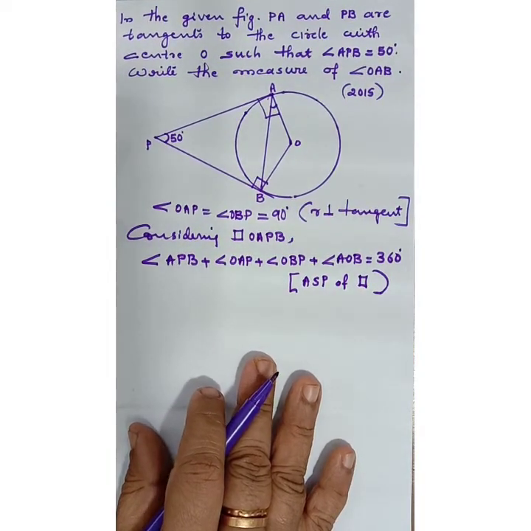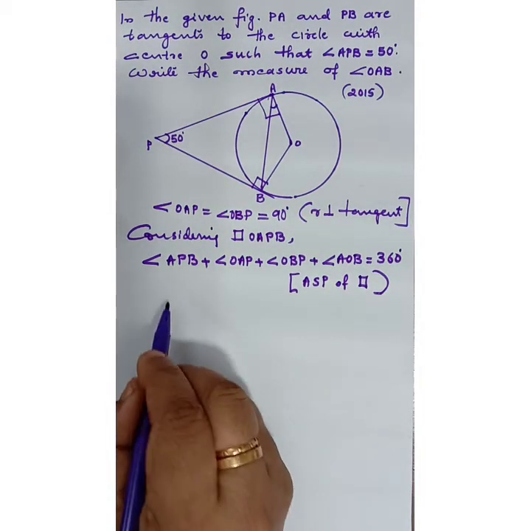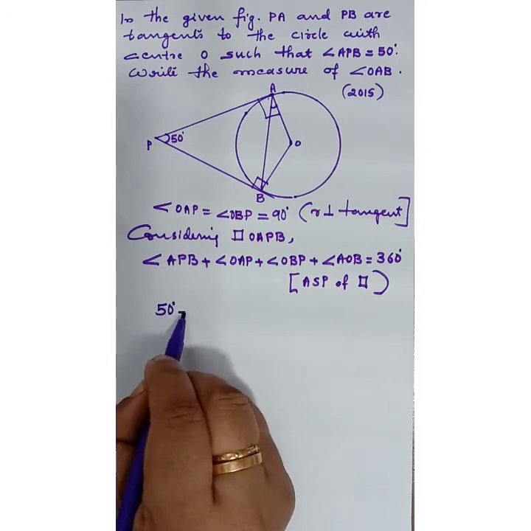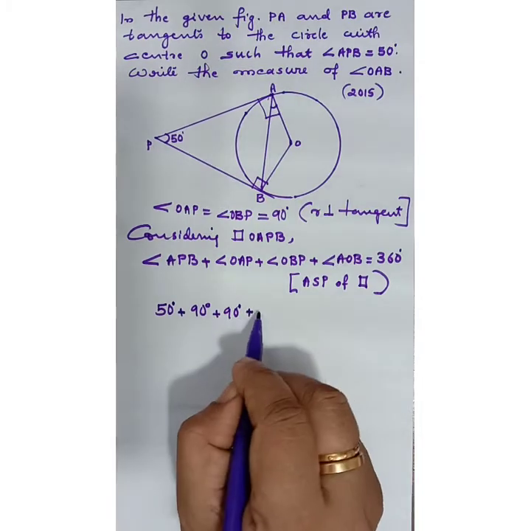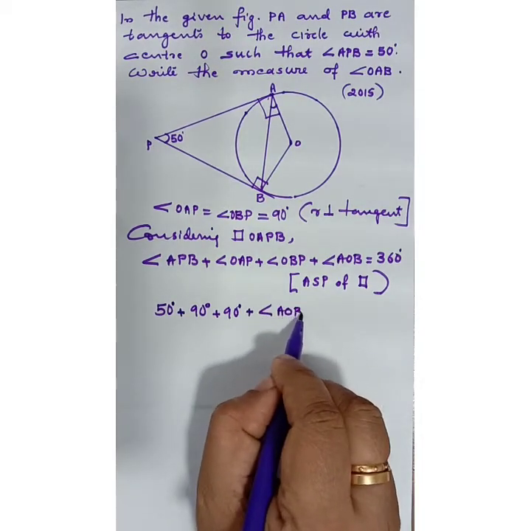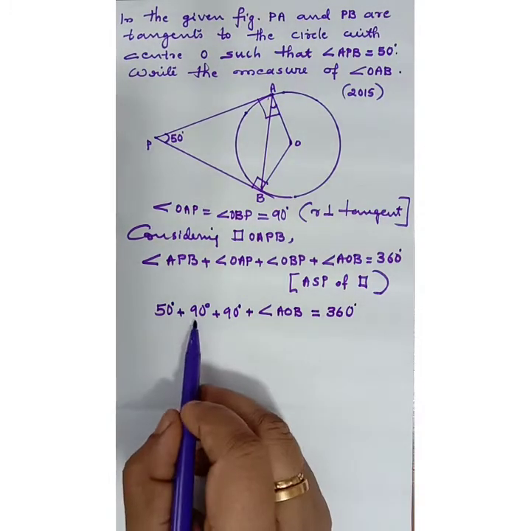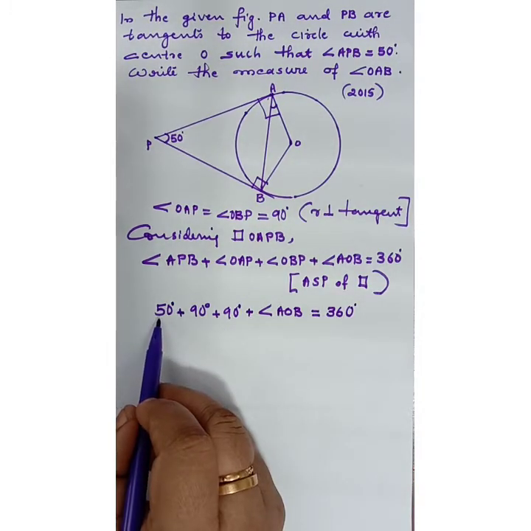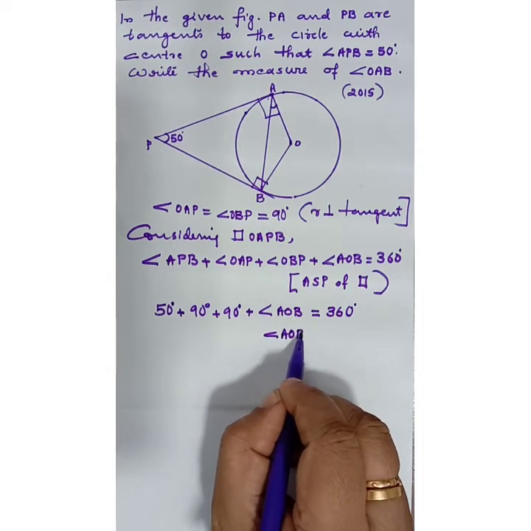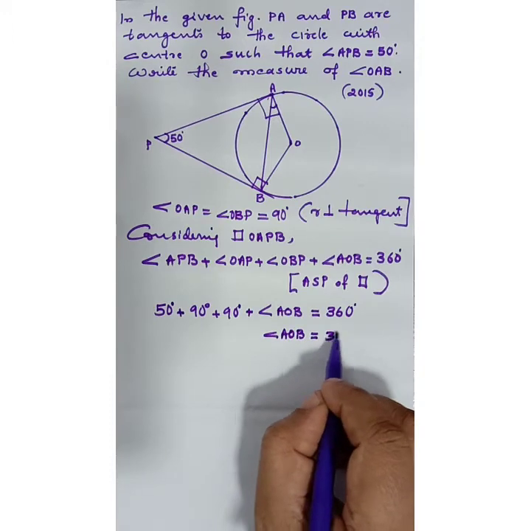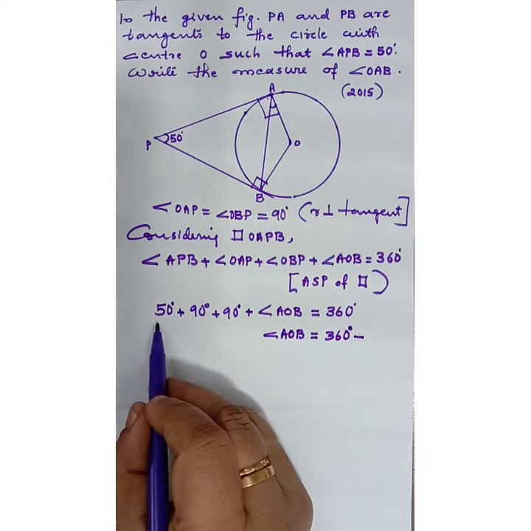You can make it short also, better. You write all the steps so that you will not lose any marks. APB equal to 50 degrees we know. Now these two are 90 each, so that you will be getting angle AOB. That's equal to 360 degrees. So actually the total is 180. So 50 plus 130 will make 180. So that is angle AOB equal to 360 minus of all this, 180 plus 50.